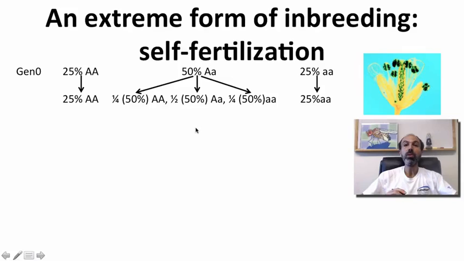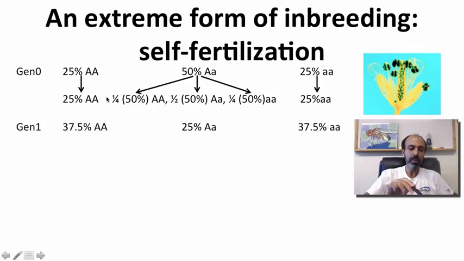So if we look at the new genotype frequencies after one generation of self-fertilization, big A becomes 25% plus 1/4 of the 50%, so that comes out to 37.5% big A. Same on this side for little a. And this one is 50% big A little a times 1/2, so it'd be 25%. So you can add these up now. It still adds up to 100%. But what do we see? We see a reduction in heterozygotes relative to what we saw previously.